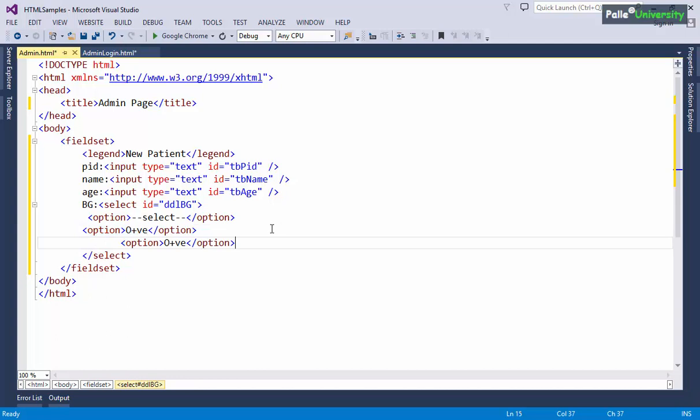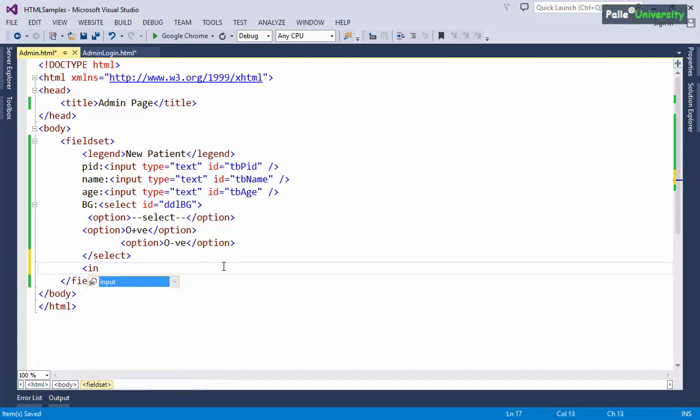Similar way, next option, you can write O negative. So on and so forth, you can create all the controls, and after this you can create submit button. Input type is equals to submit, ID is equals to BTN submit. What next? Value maybe is equals to submit.